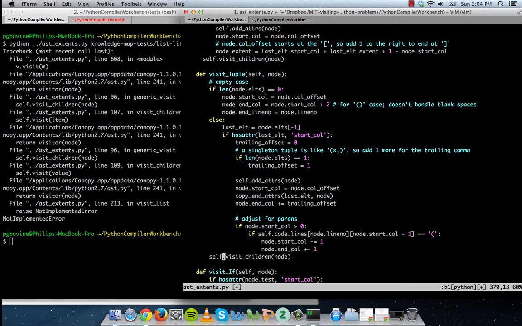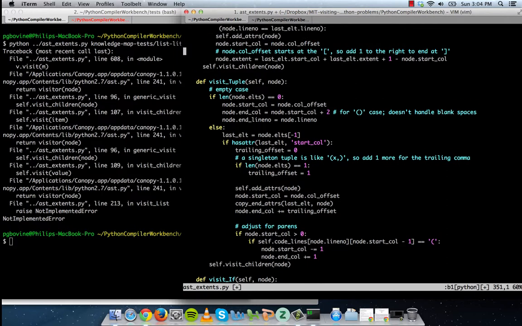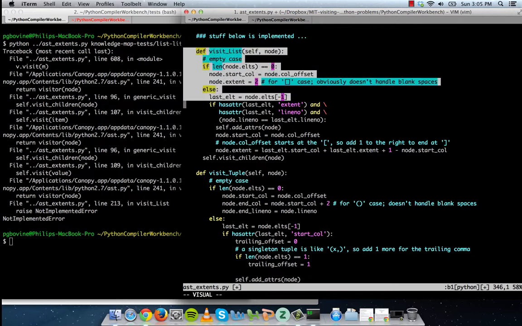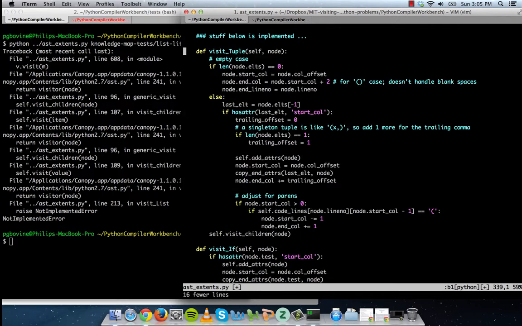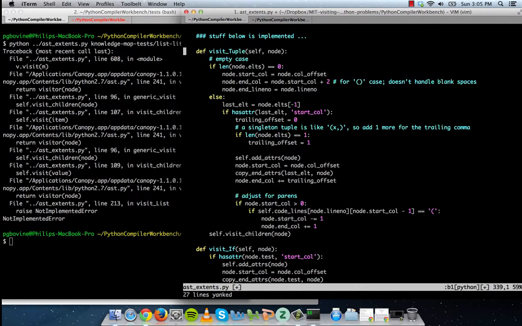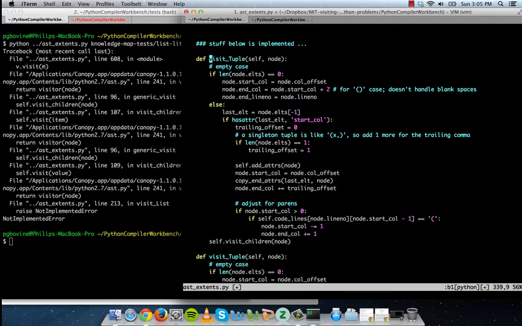I actually like the visit tuple code because I wrote it a while back and tested it with a tuple test. So let's try to use the visit tuple code instead of this old visit list code that I just copied down. Because this visit list code is from like 5, 6 months ago on an old project. Let's delete it. This visit tuple code I wrote this morning and tested it with a test in my test suite. So I think this is more reliable. And list and tuples are pretty similar. So I'm going to copy paste, everybody's favorite, and then change this to visit list. And now let's look at the